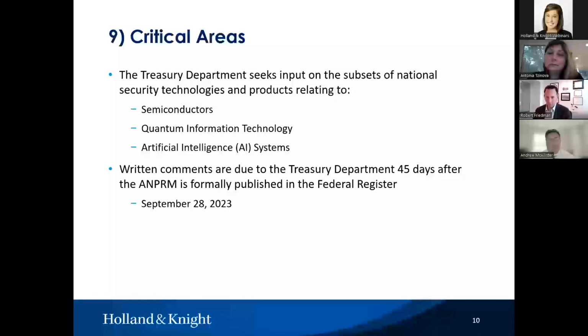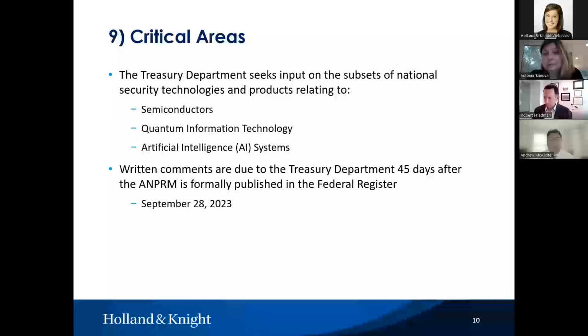So that, again, may be an area that's not as ripe for comments, but then we turn to other areas, right? Timing of notification requirement. There's a reference to using a deadline of up to 30 days after the closing of a covered transaction. That actually sounds pretty good if you ask me, but there's no guarantee that that's going to